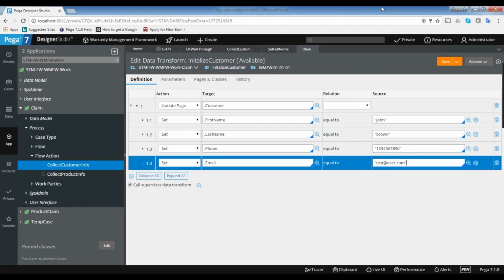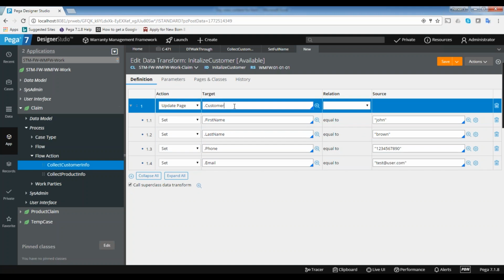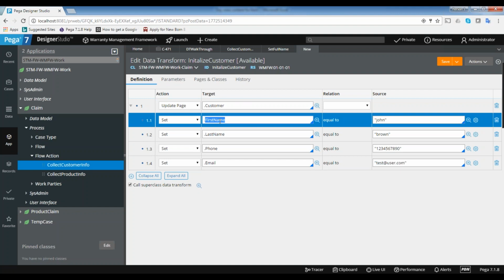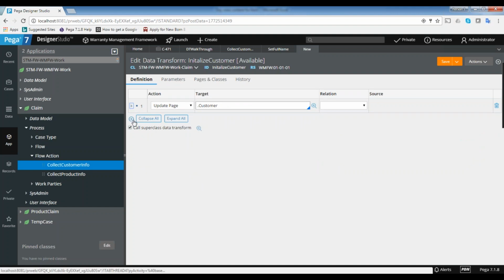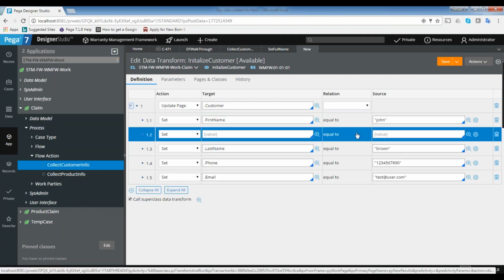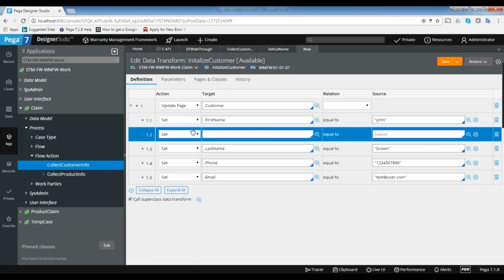Subhash, below, all the set properties belong to the customer class, am I right? Yes, because we are in the context of customer only. You see, I am in 1.1.1. Okay, got it. I am in 1.1, that means I am in the context of customer. I am updating the customer, so I need to go for the inner context only. If you select the case, the second option, you can collapse that one. These are all a single action. Within the one action I am doing sub actions, that is fine, but I am in the context of customer only.